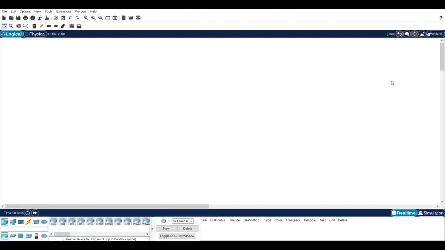Cisco Packet Tracer software is a cross-platform visual simulation tool designed by Cisco Systems that allows users to create network topologies and imitate modern computer network. The software allows the user to simulate the configuration of Cisco router and switches using a simulated command line interface.